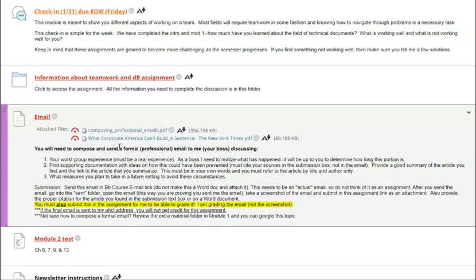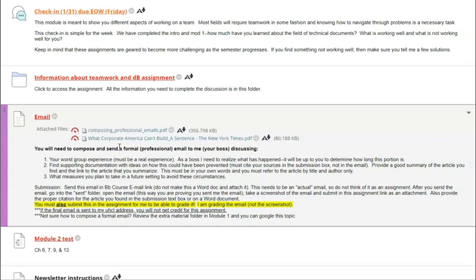So Google it. How could I prevent this? A team member not doing their work, or one team member doing all the work, or whatever it may have been, because groups have all kinds of issues all the time. So find some support and documentation. Summarize it in your own words, what took place. So in that paragraph, according to article written by, this is what they suggest needs to happen if you experience this within a group. That would cause the group to ultimately fail. To avoid these,